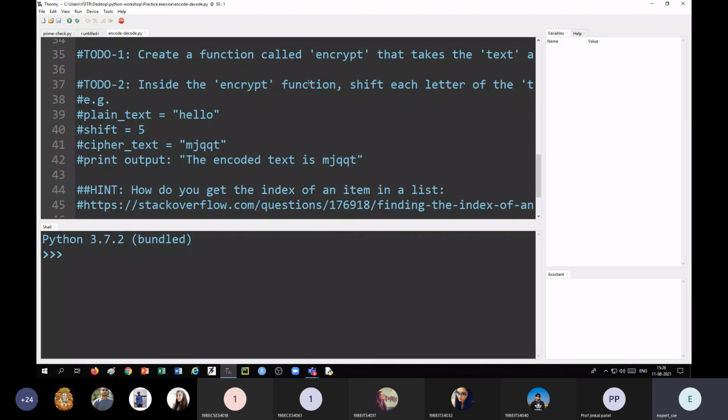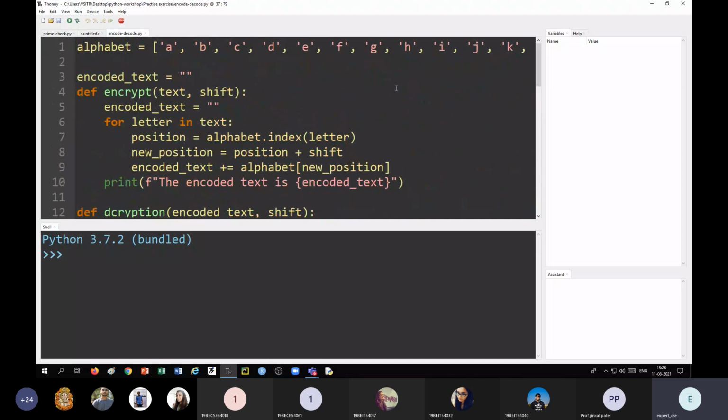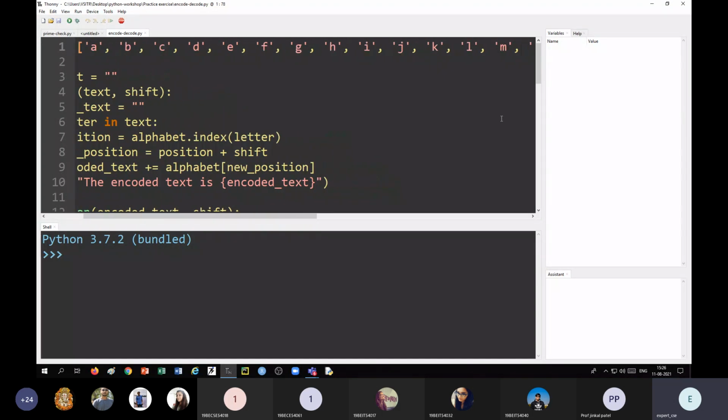Inside the encrypt function, shift each letter by the given number. For example, suppose my text is hello, the first character is H, and if you want to shift it by 5, it will be 1, 2, 3, 4, and 5. So the corresponding character will be M.